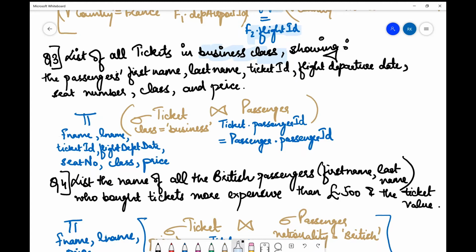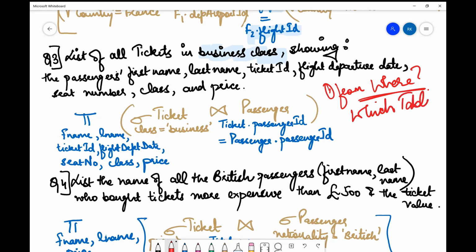And also the first thing which you need to find out is from where you need to fetch that information, which tables we are interested in. You'll get the idea when you see the kind of information that is required.